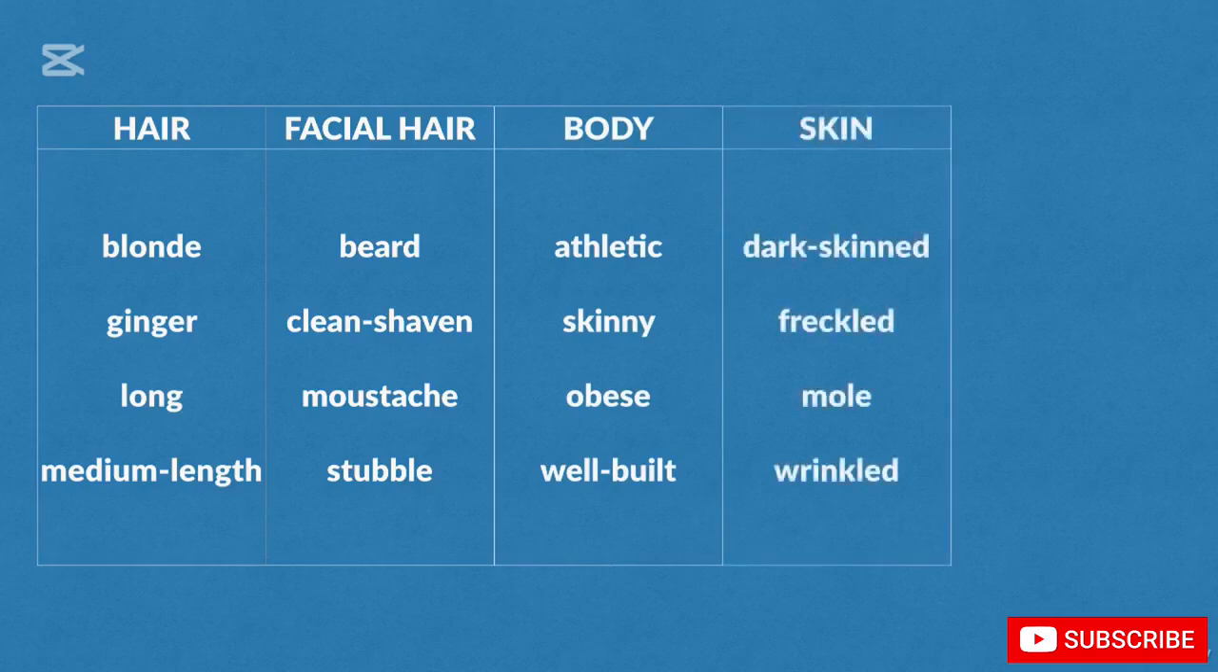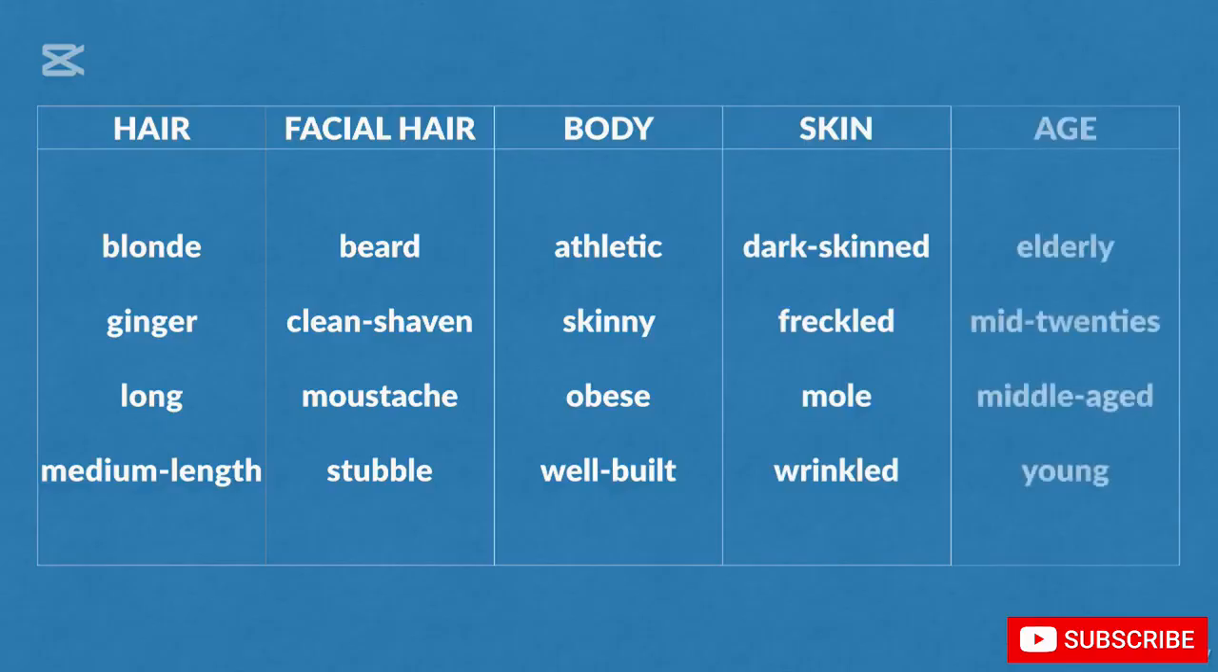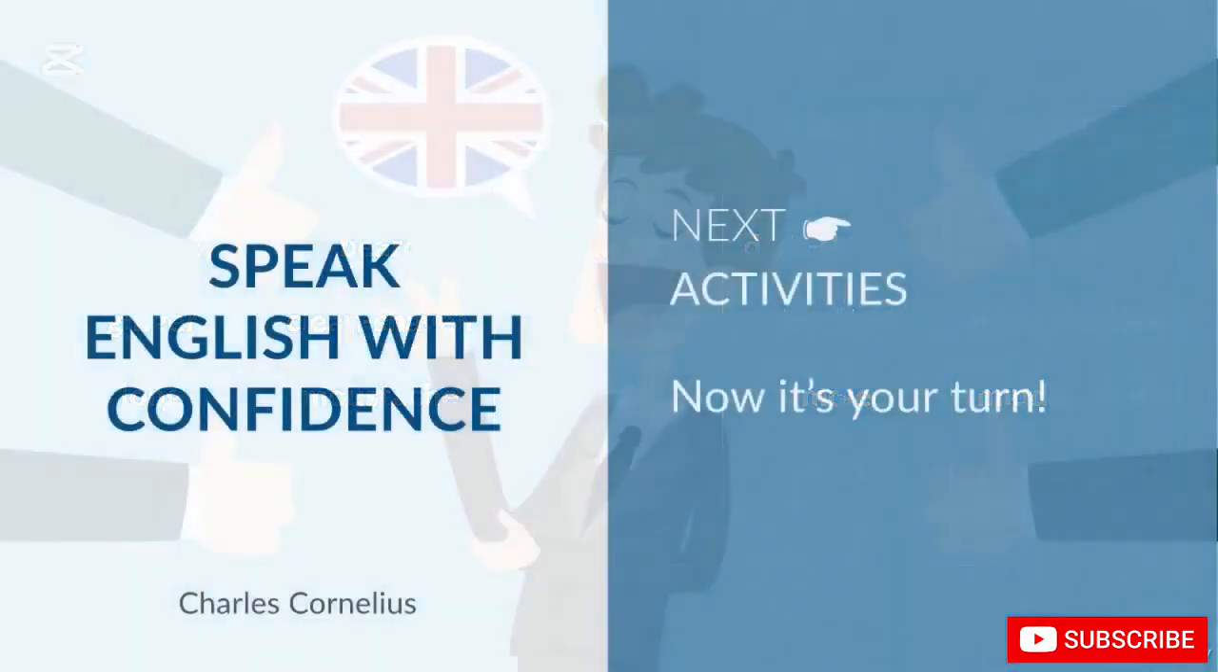And for skin: dark-skinned, freckled, mole, wrinkled. And for age: elderly, mid-20s, middle-aged, young. So now it's your turn. In the next lecture, I'll go through some of the activities that you can do to help you describe people's